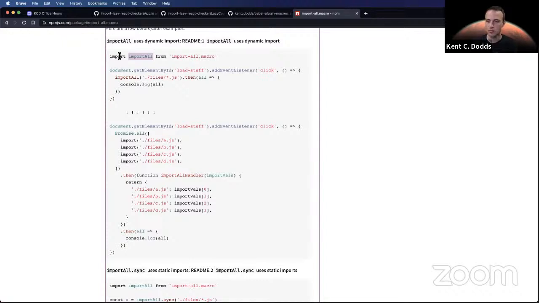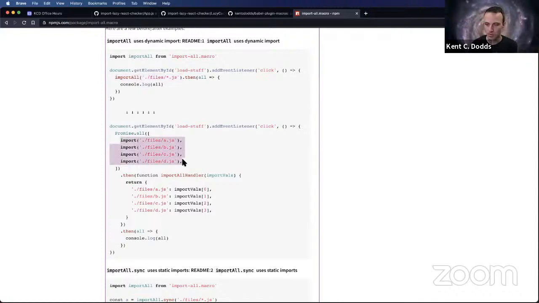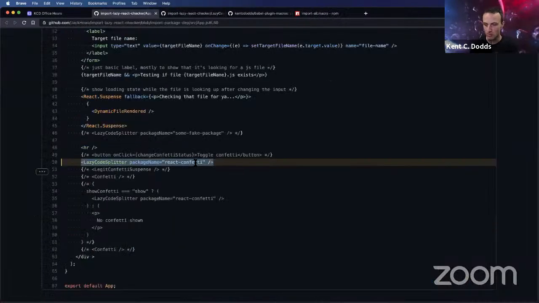But basically, what import all macro does is it allows you to pass a glob, and then what ends up in the browser, what's built, is all the direct imports for everything that matches that glob. So that's probably not exactly what you need, because yours is going to be more dynamic. It may have runtime values and stuff. But actually, that's one of the main limitations that you'll run into,